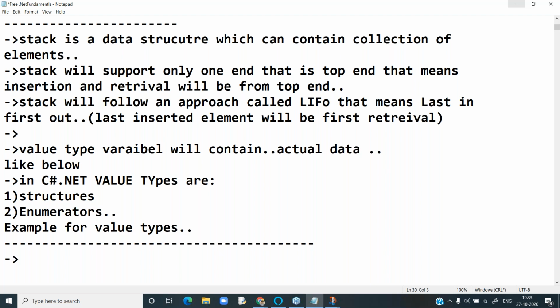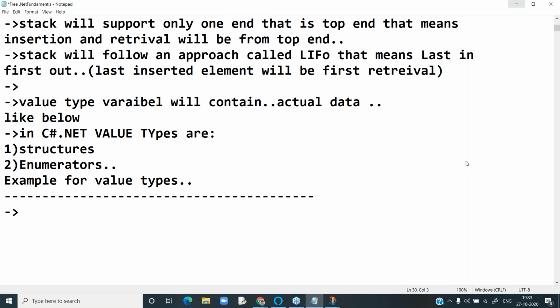Then float, double, decimal. These are called floating point data types. Next, character: char, and bool. The first category is character related.